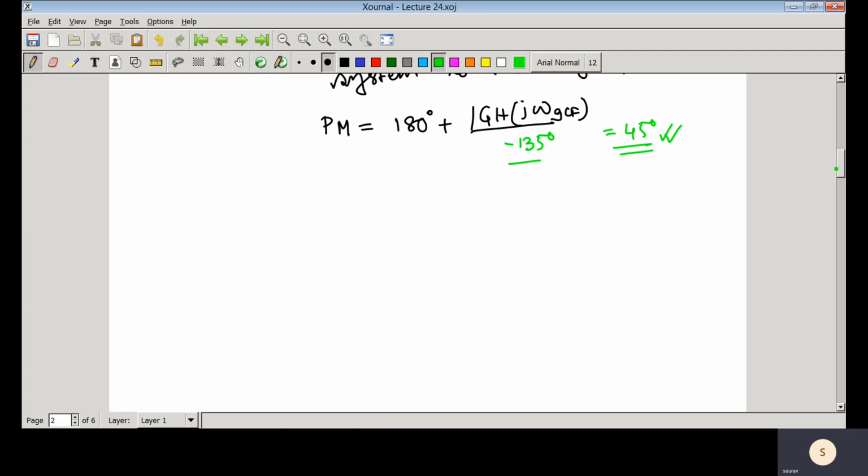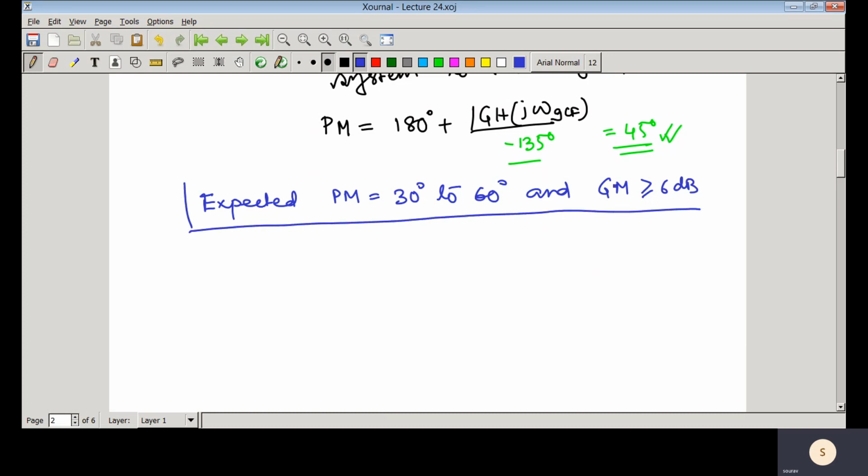And then we can see what the expected value is. That means whenever we will be designing a closed loop system, we understand that gain margin and phase margin would tell us the relative stability of that system, but how much gain margin and phase margin should there be? That expected phase margin is 30 degrees to 60 degrees, and gain margin would be greater than 6 dB. So this is the expected one.